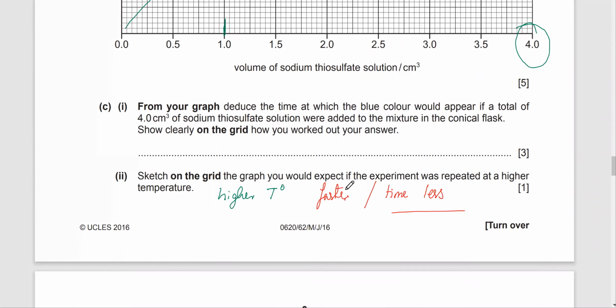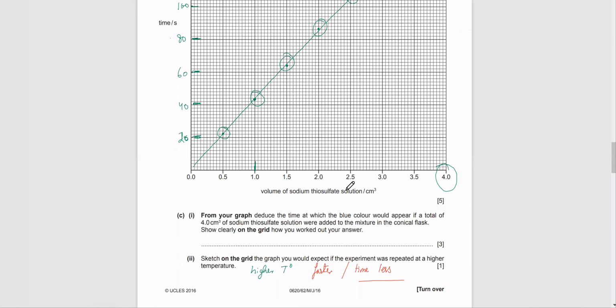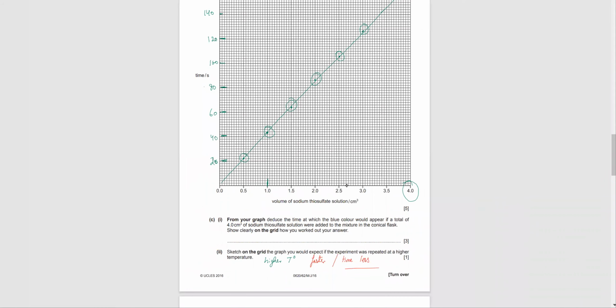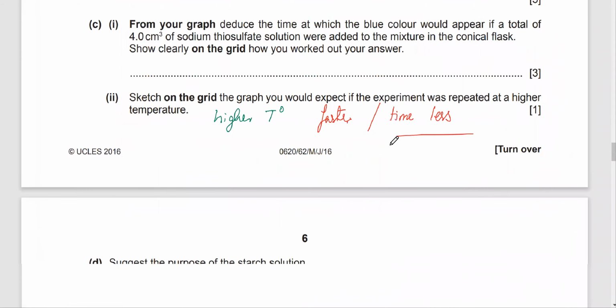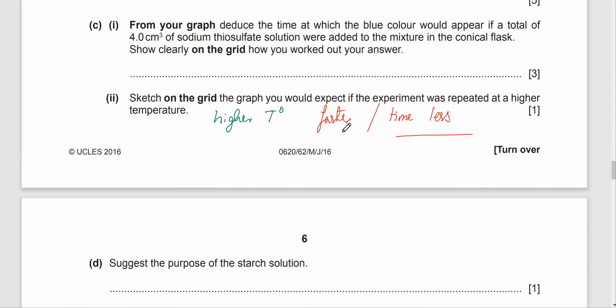Why is the reaction faster? Because the particles have more kinetic energy, and if they have more kinetic energy, that means the collisions are more effective, and there are going to be more frequent collisions. ठीक है, तो टाइम कम होगा, इसका मतलब है ग्राफ जो होगा ना, that's going to be lower, क्योंकि इसकी जो हाइट है ना, that's time. So at a higher temperature, the time required would be lesser, so सारा ग्राफ नीचे आ जाएगा. Is this clear? Is it clear है? इरम clear है? Sidra? Ahmed? Yes, sir. Yes.